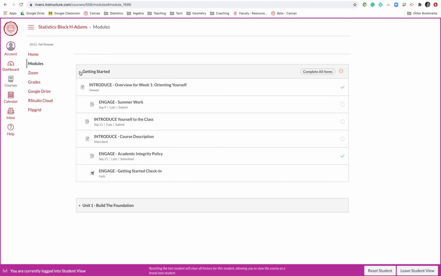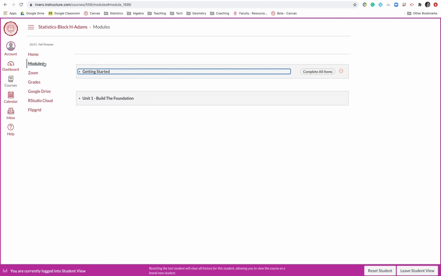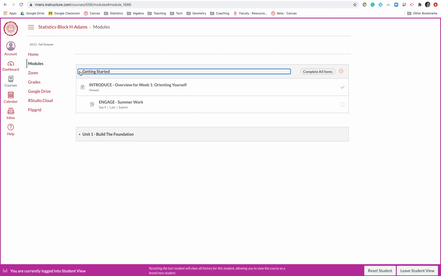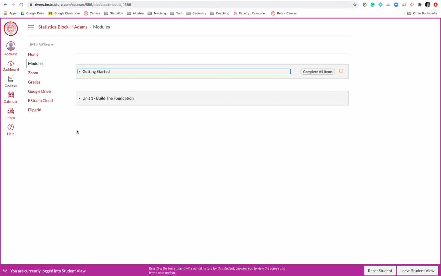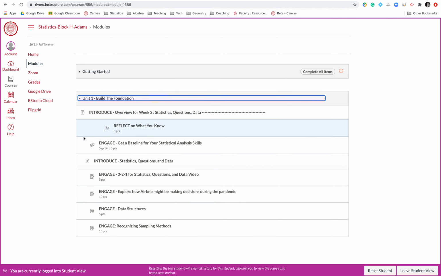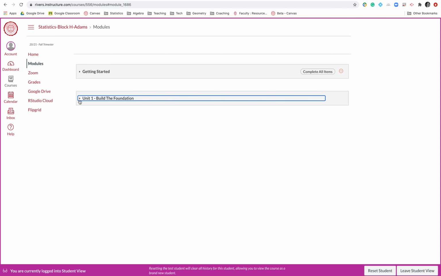Jumping back just a little bit, when you go over to this page, it'll take you to what Canvas calls modules. We are organizing these modules, as they say, by units. For example, I have this one that'll just be the first week, and then we jump into unit 1 where we build the foundation. This is only showing one week of the course, but as we build out, this will get larger, and as we add further units, there'll be more of these going down. So all of your teachers will organize these by units.